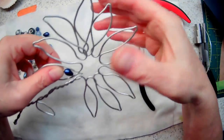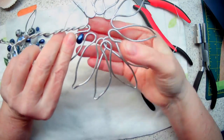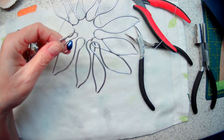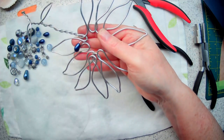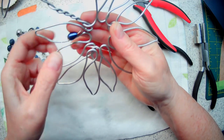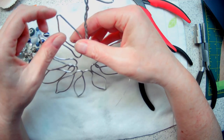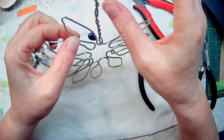So let me see if I can show you on camera how I do that. Let's turn it around. The other thing I wanted to mention is that if you come in underneath the wire, you've got to go out over top. All right, so I'm just going to take this and make a pretty little attractive loop here at the end. And like I said, you don't have to be particularly coordinated to do this. And then I'm going to